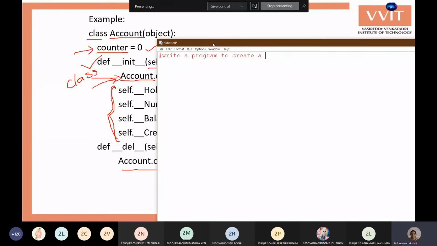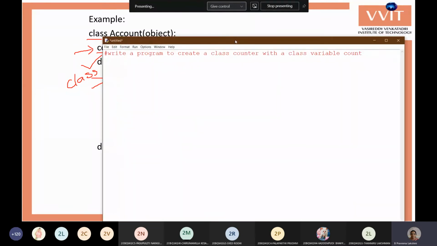Create the class variable count. Okay, instance variable as step value. Now I will create a class.